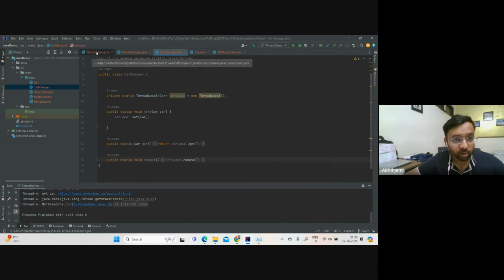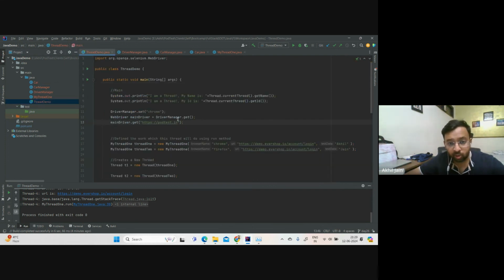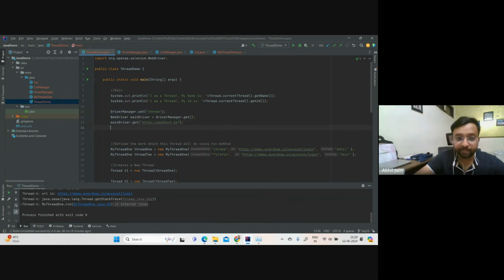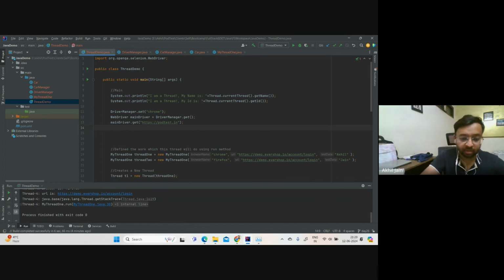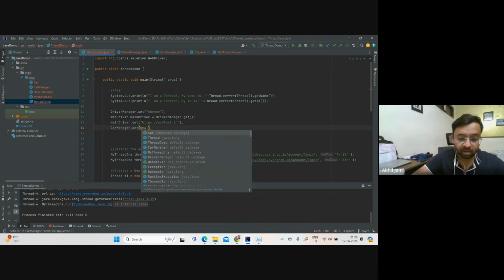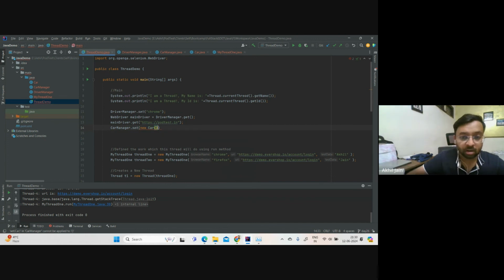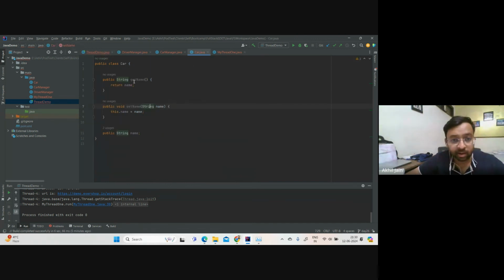And what I need to do is I will go inside my individual. Let's go into the main method. You can see when I did this, I made an entry in the map of the main method, the main thread. I have made an entry in the thread local map of the main thread for this web driver, right? Now I will be making another entry. This time I will be making an entry for car manager, right? Dot set, and I will make an entry over here, new car, and let me do one more thing, new car, right? Let me create a constructor for this,